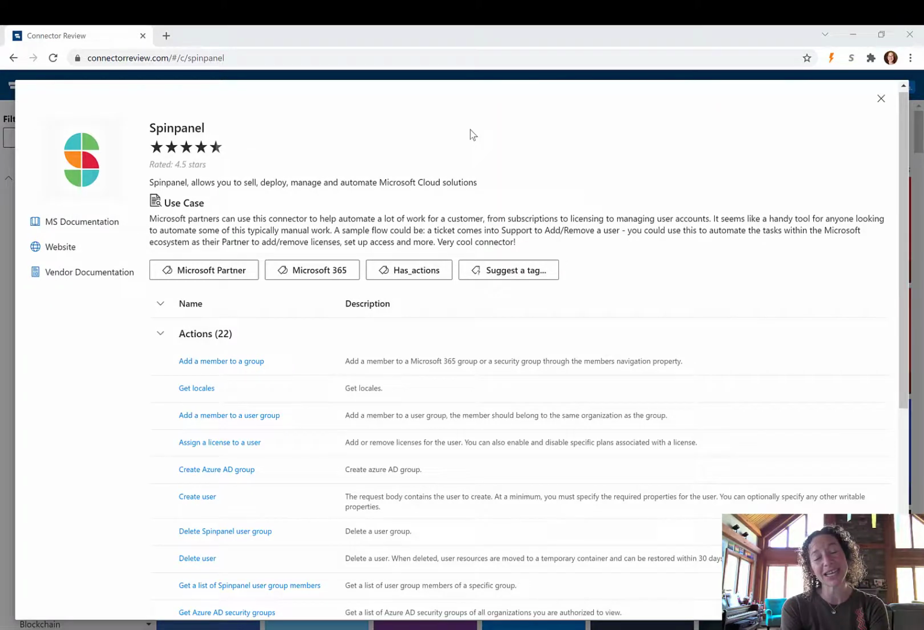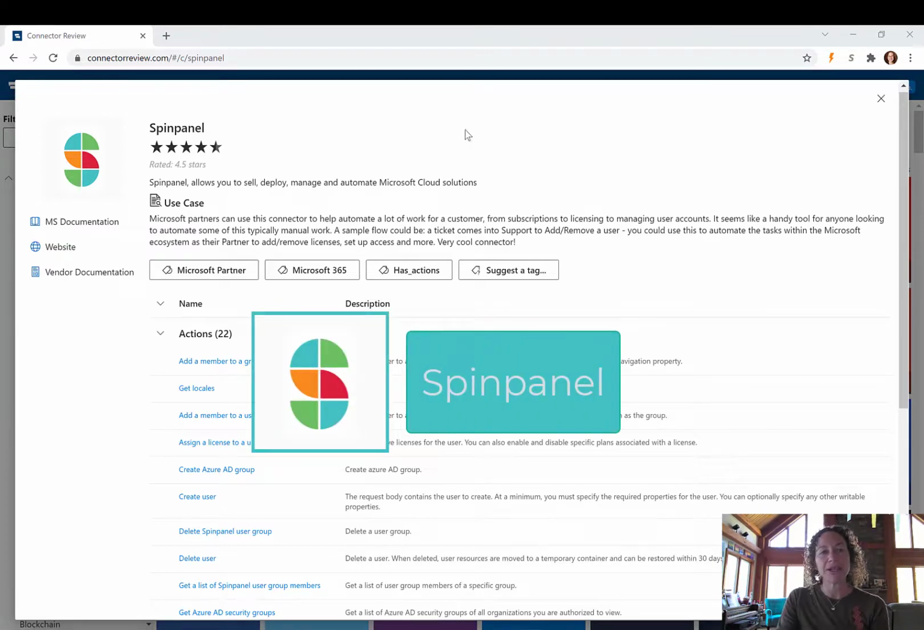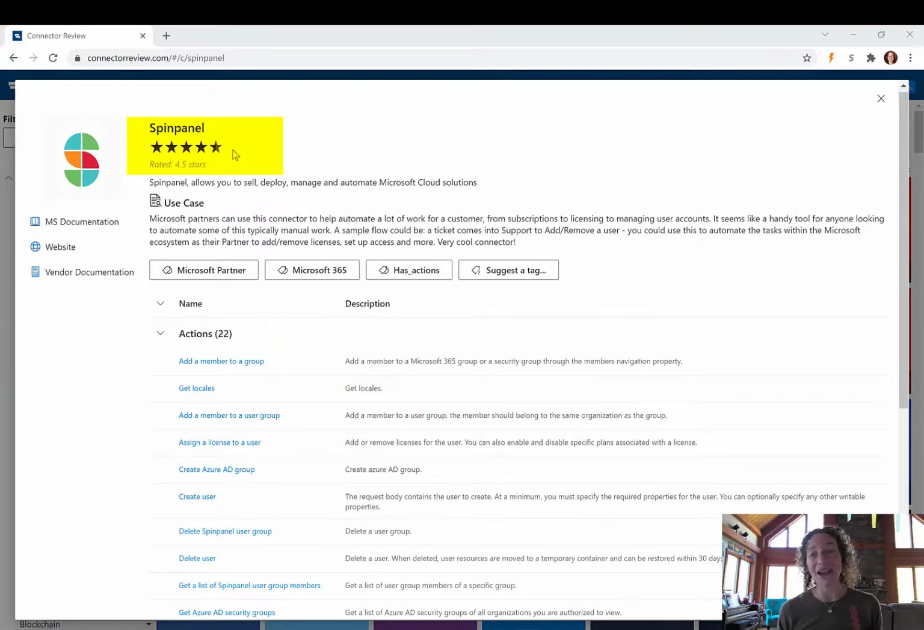Hey there, I wanted to take a few minutes today to introduce you to the newest player in Power Automate connectors, and that is Spinpanel. So you can see here I've rated it 4.5 stars. It's a pretty cool connector. To be perfectly honest, I have never heard of Spinpanel prior to this morning when I saw they released a